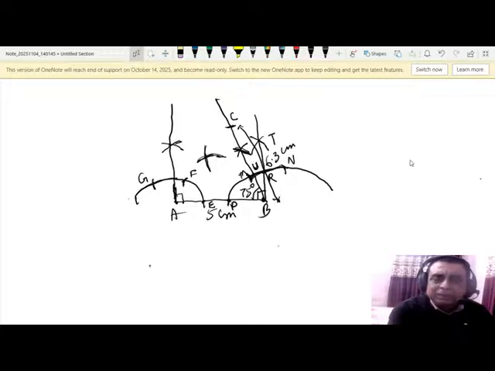Suppose I call this point V, where the two arcs cut. If I join V to B, VB will be the line bisecting the angle ABC, that is 75